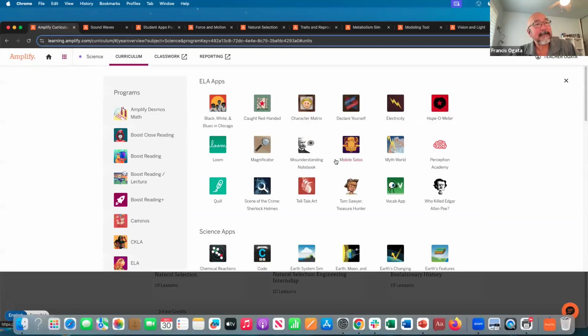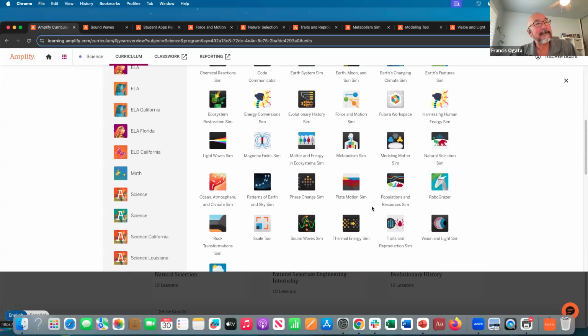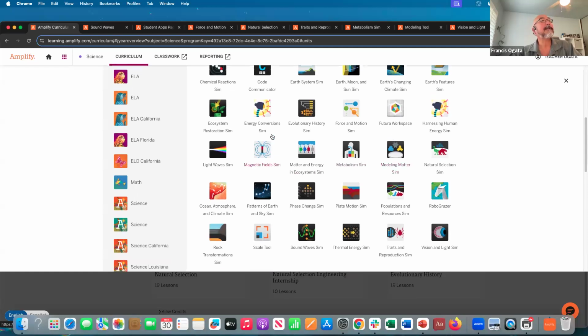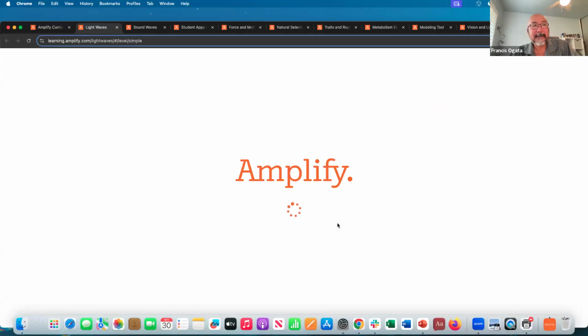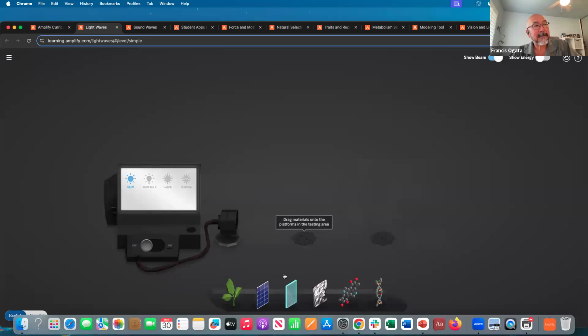That one actually is pretty cool because they're able to do different things that they do physically with real materials. So if I go to light waves, which is right here, you notice that they actually have all these different materials they're able to use within setting it up.